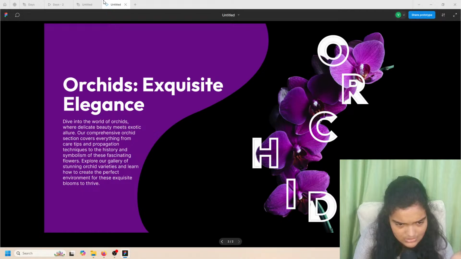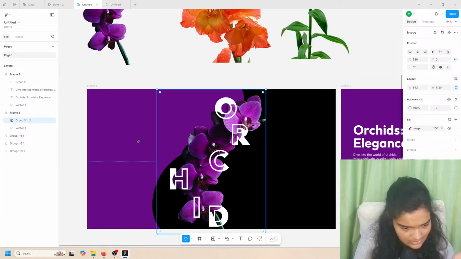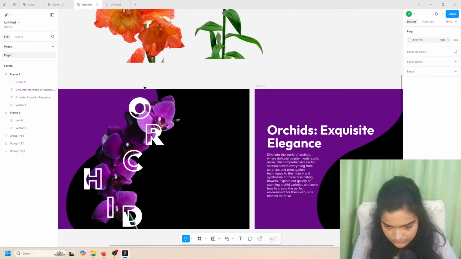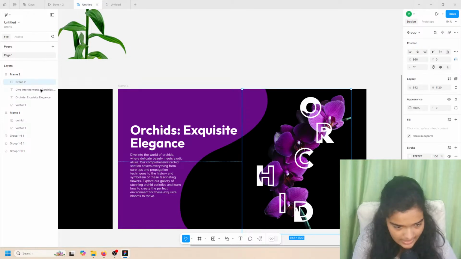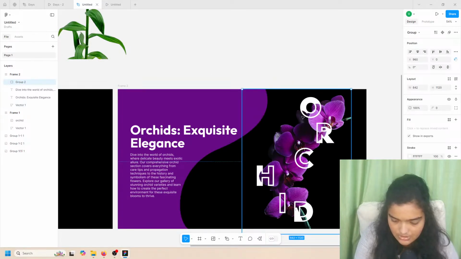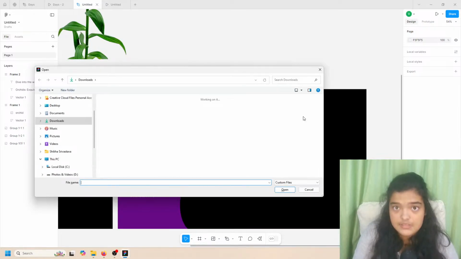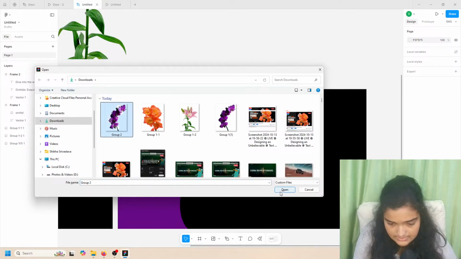What is going on? This doesn't seem to be normal. Alright, so this is the group naming issue. Let's just name this flower orchid. And let's just go right here, and also, you know what, why do we have a group here? Let's just delete this group, and also click Ctrl+Shift+K, get ourselves this image back again. Let's get our group,